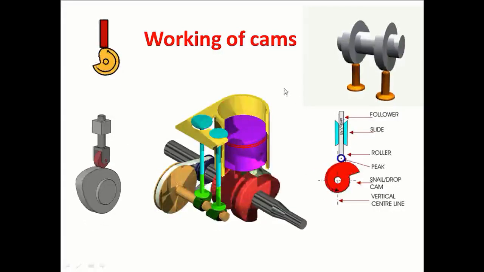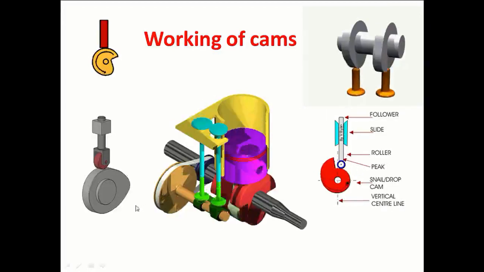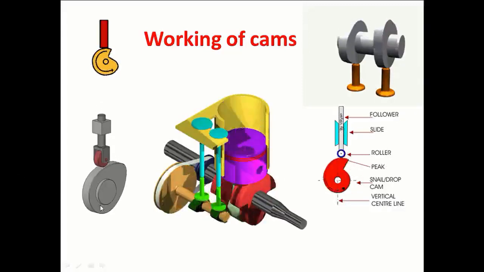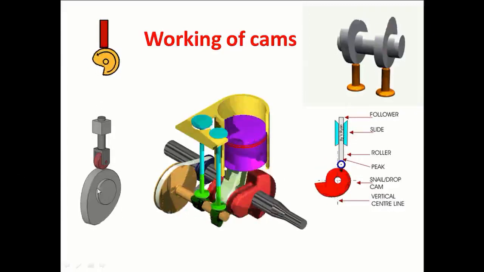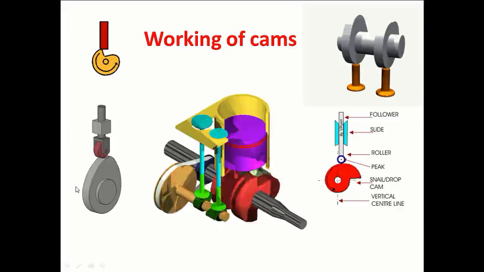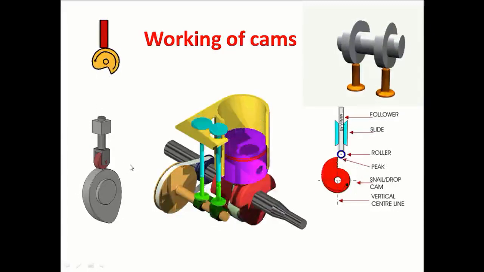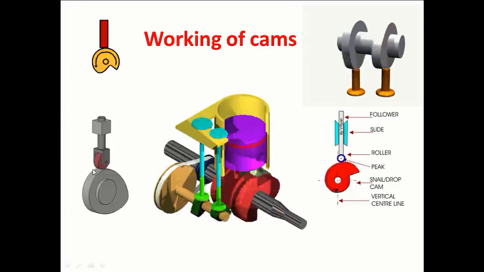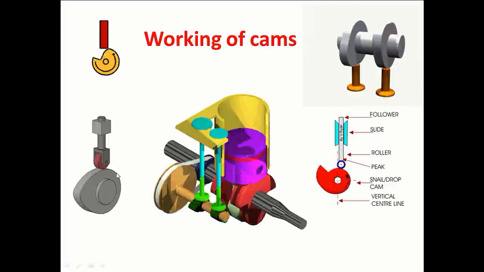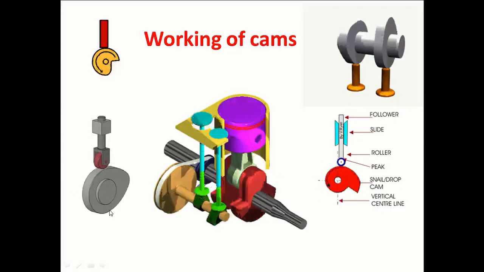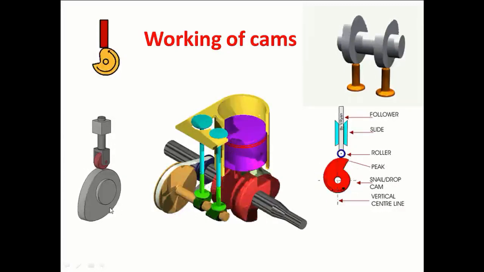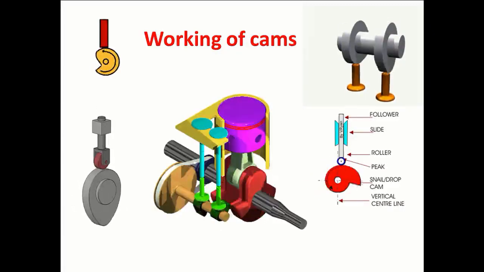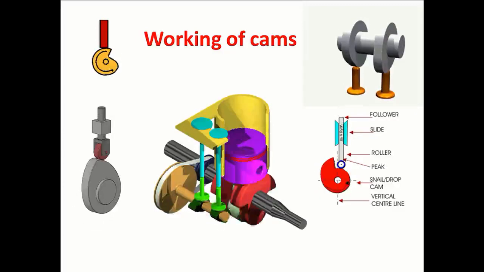You can see in all these examples, as the cam is rotating, the follower is having a particular type of output motion. As in this case, when the follower comes in contact with this portion of the cam wherein the radius is increasing, it will have upward movement. When it comes in contact with this portion, it is having downward movement. When it is in contact with this portion wherein the radius is uniform, it is at rest. Also, you can notice the shape of the cam is not fixed. The shape of the cam depends upon the type of output motion desired.